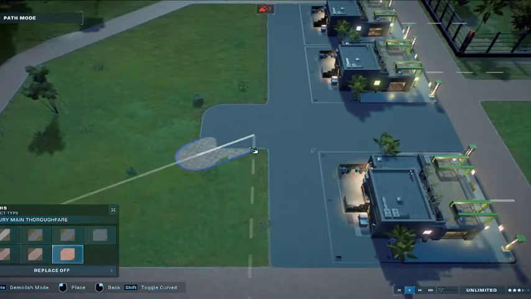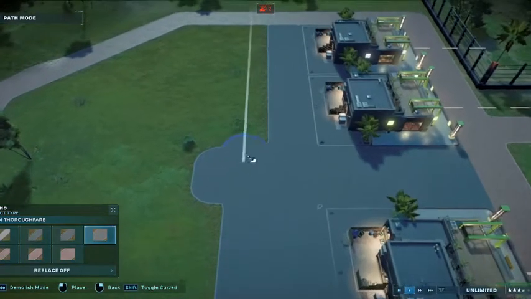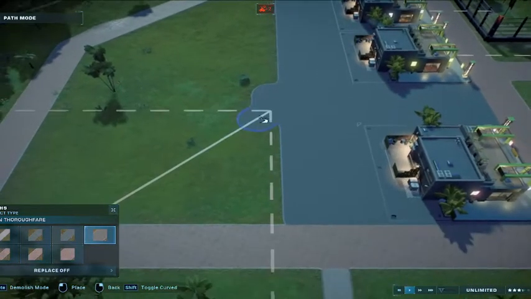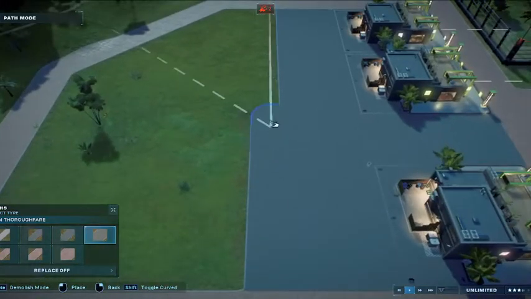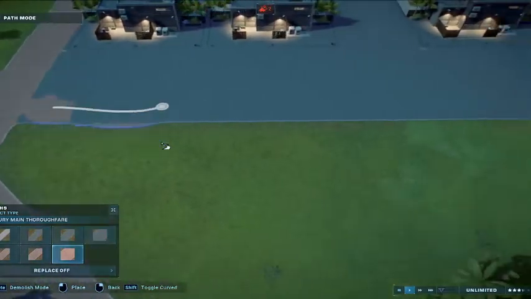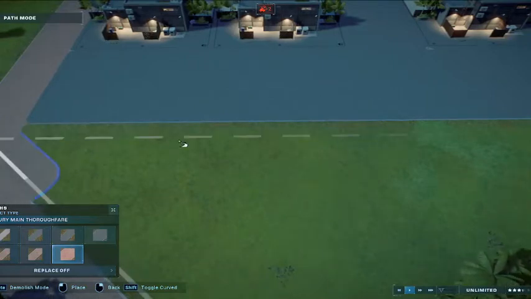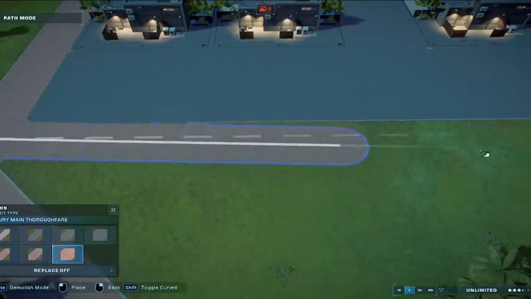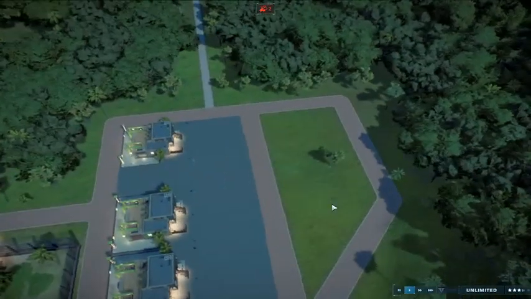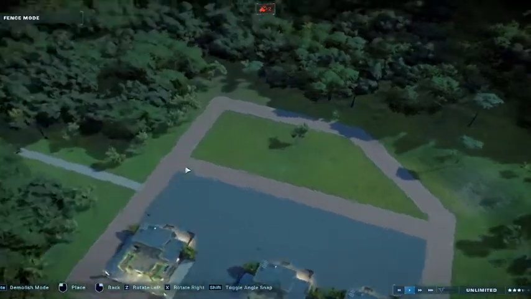Let's go here. And there. Then let's cut this through. Right there. Crap. There we go. Right. Come on, come on. There we go. Yeah, good enough. And over here, we'll put a tiny little enclosure